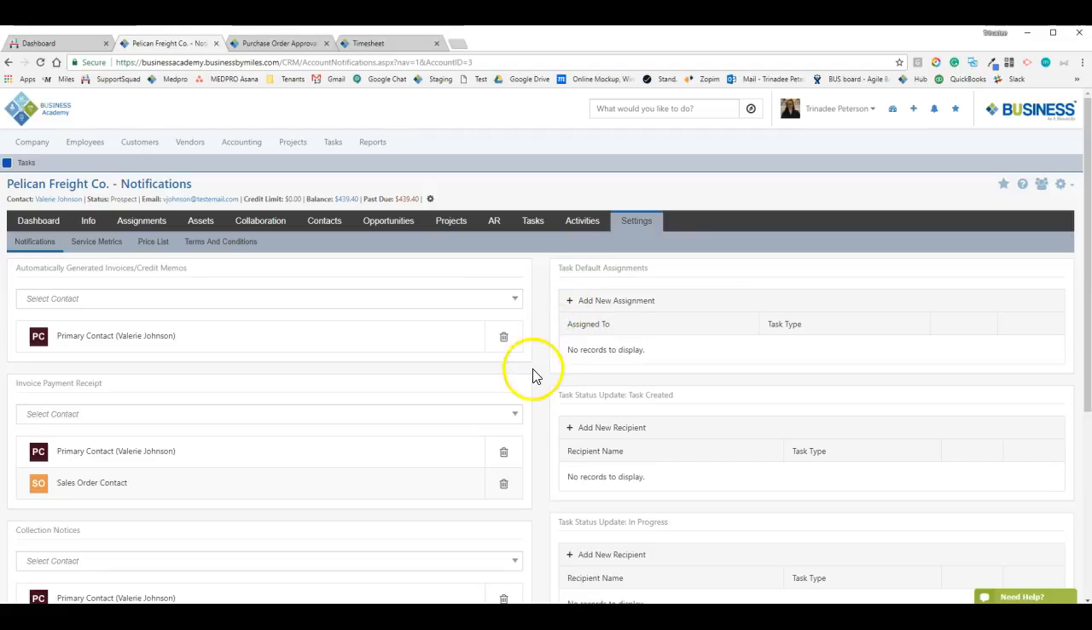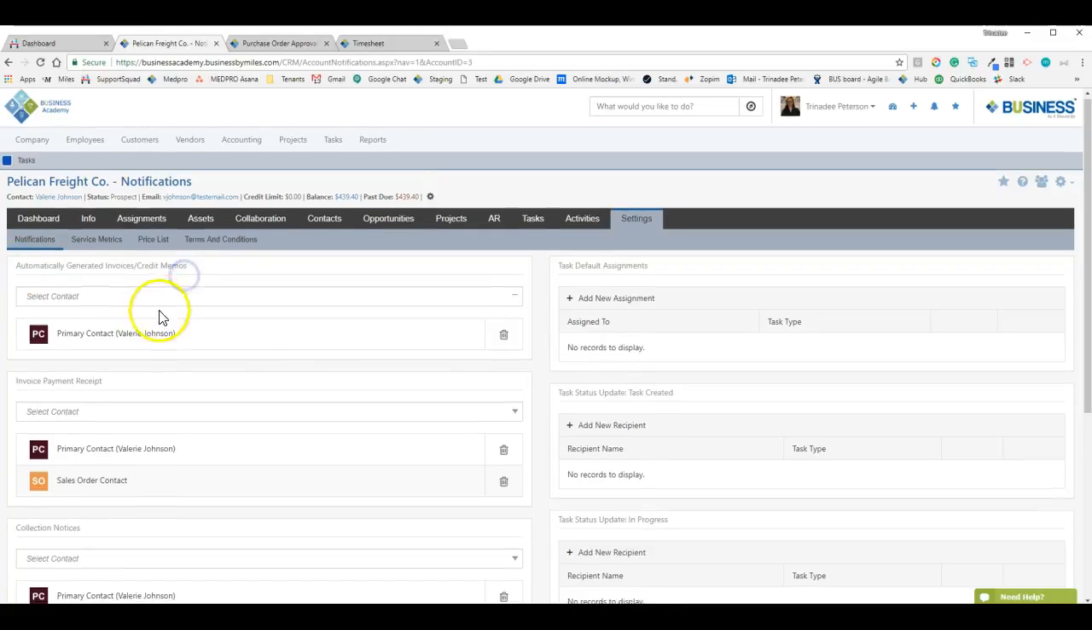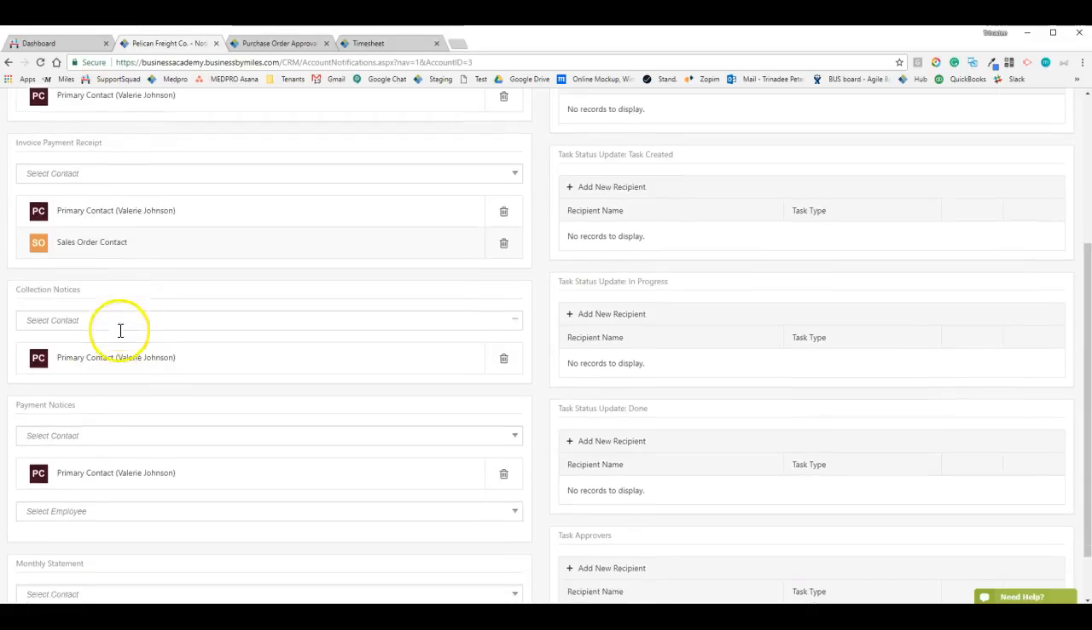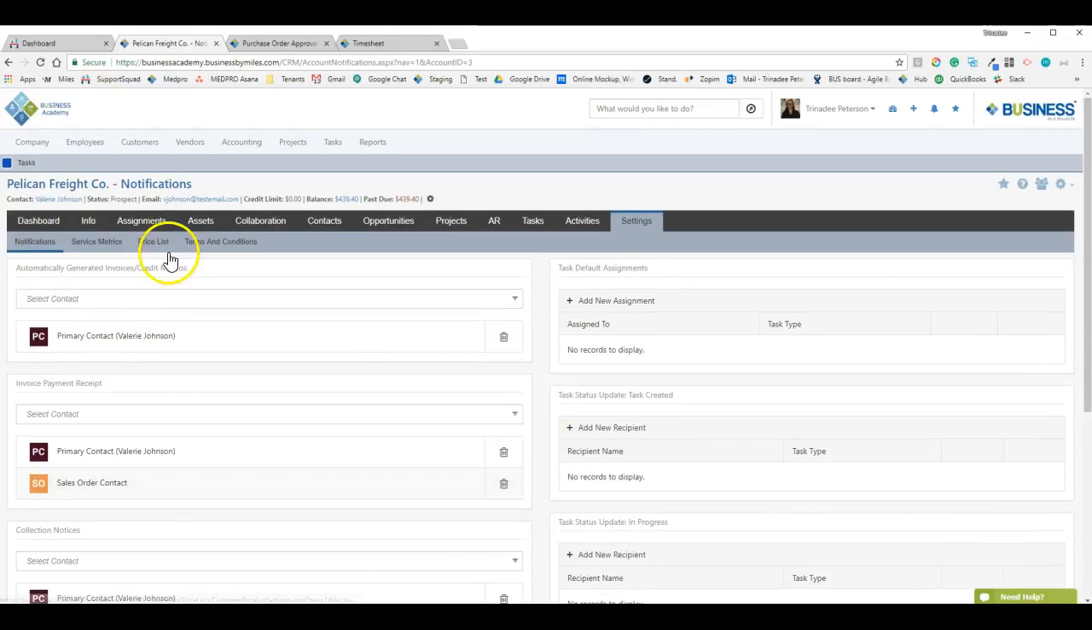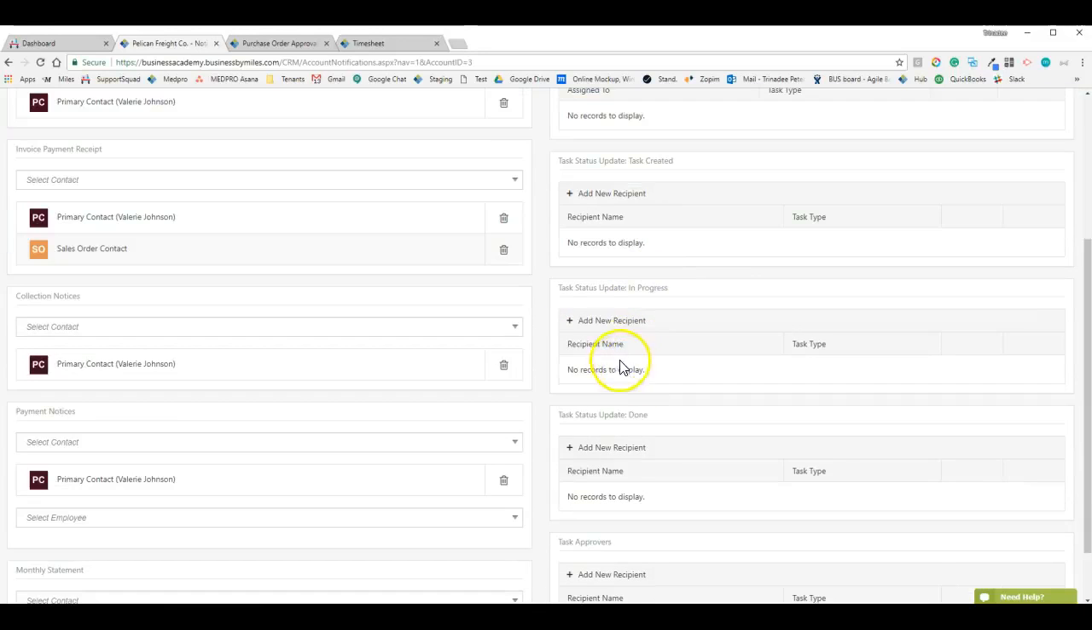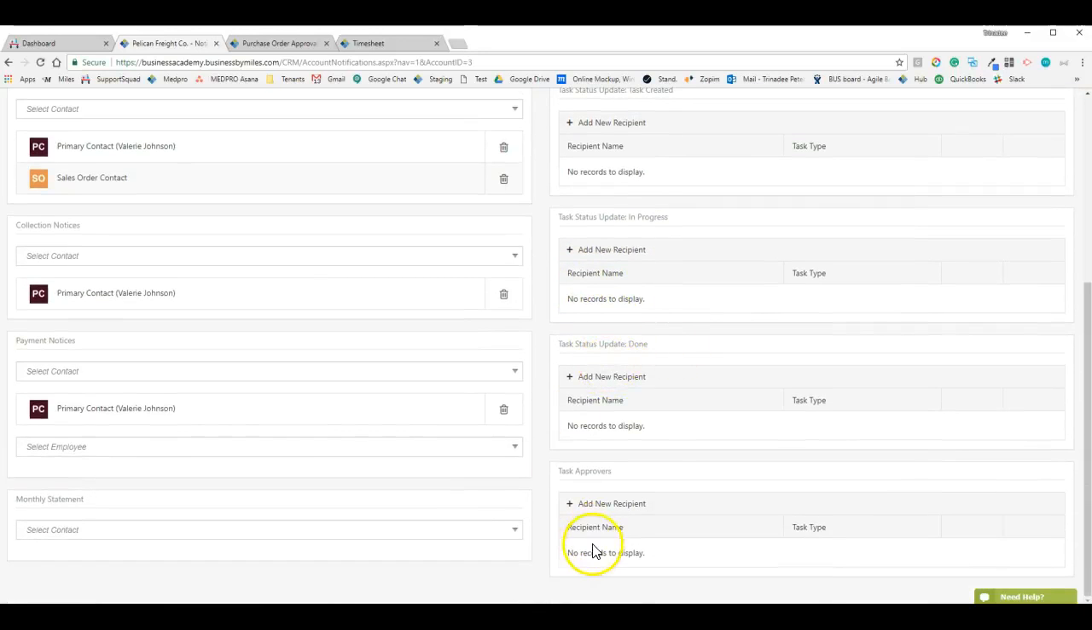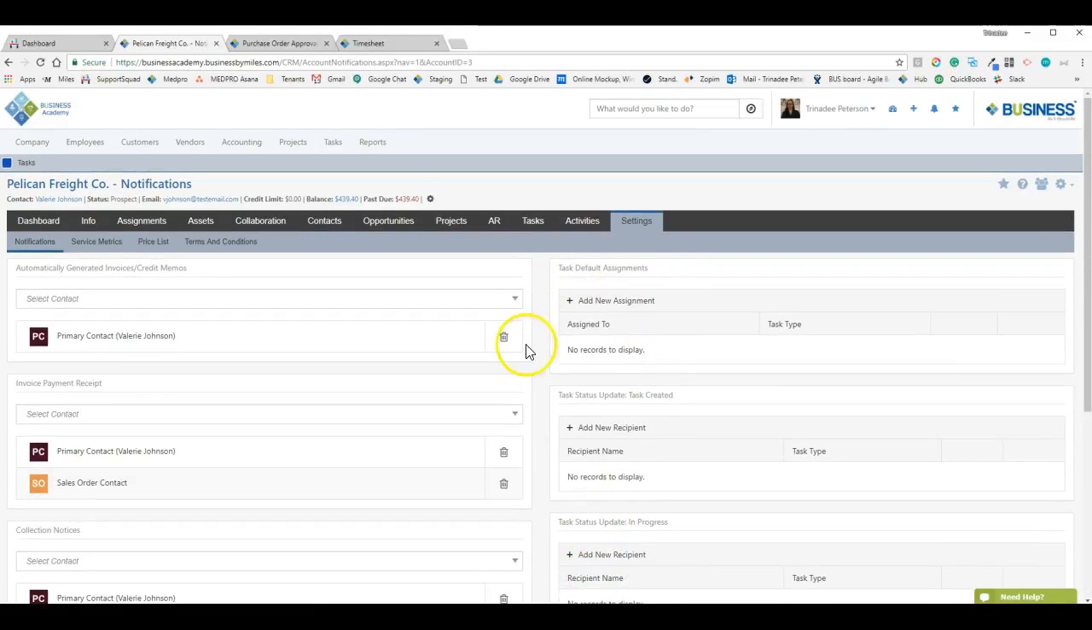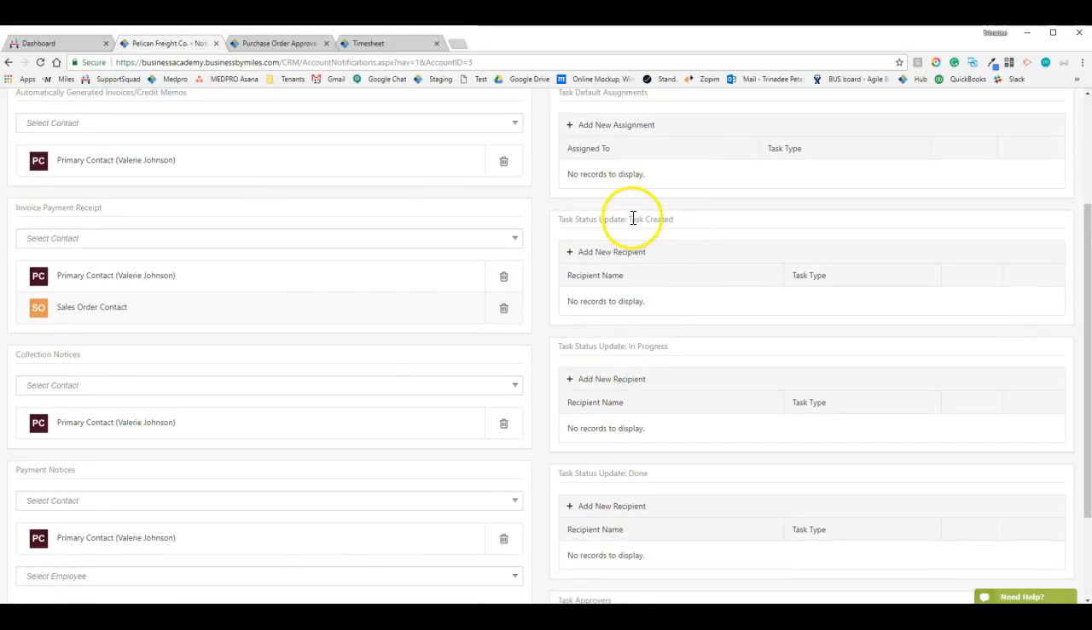Now within the settings page, there's a lot of useful things you can set up. There's a lot that has to do with accounting, so like invoices, credit memos, payments, collection notices, like who should be notified for those you can set up over here. On the right side of the screen, however, it's dealing more with tasks. So you're setting up who should be notified with task. So for example, the task created. So who should be notified when a task is created? Now if I hit add new recipient,